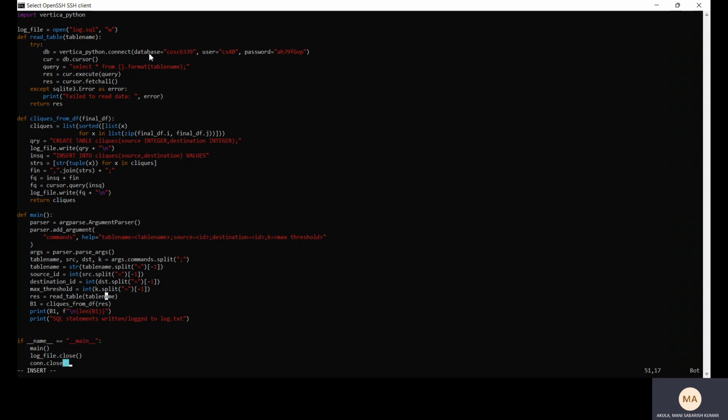We are connecting to a database, with a database name and the user id and the password, and then from that we are creating a cursor to execute the database queries, and then this is the query: select star from table name. The table name may be wikivote or diameter test or click test, or any other thing, and then we execute the query using the cursor object, and then